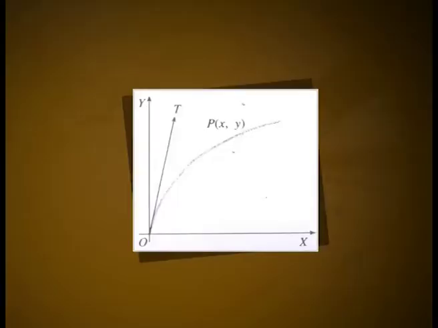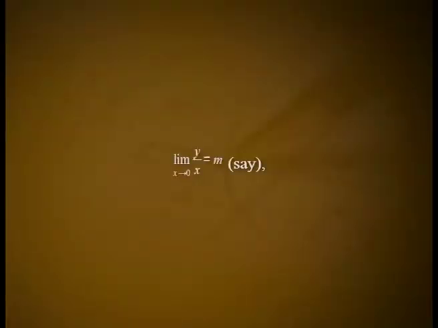Let P(x, y) be any point on the curve 1. The slope of the chord OP is y/x. As P tends to O along the curve, the chord OP tends to the tangent at the origin. That is, the slope of the tangent at O is the limit as x tends to 0 of y/x, equal to m, say. Let it be equation number 2, assuming that the tangent is not the y-axis. Hence, the equation of the tangent to the curve at the origin is ȳ = m x̄, where m is given by equation 2.